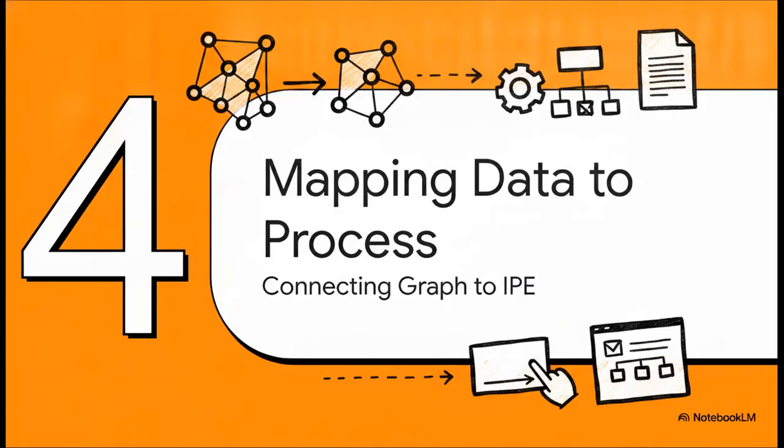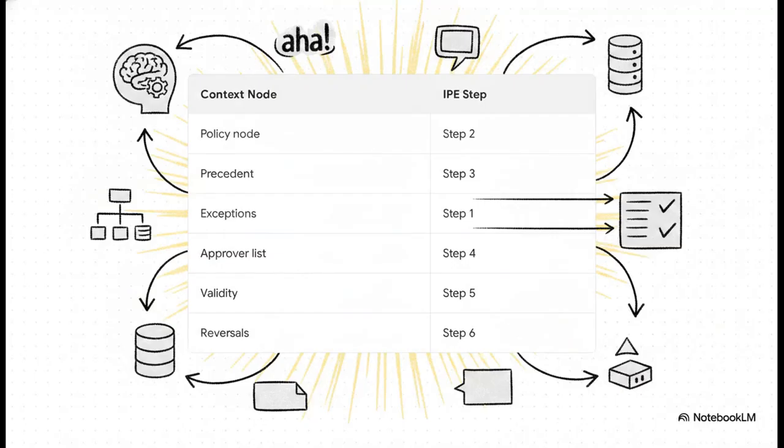All right, let's jump to part 4, mapping data to process. Let's bring this all together by connecting these abstract tech concepts directly to real, tangible business elements. This right here is the real aha moment of the whole framework. Every single node that a context graph stores maps directly to a deliverable in the IPE framework. Think about it. When the graph looks for a policy node, it's completely relying on IPE step 2, where you defined the process. When the graph stores a decision precedent, it's actively citing the standard work you created way back